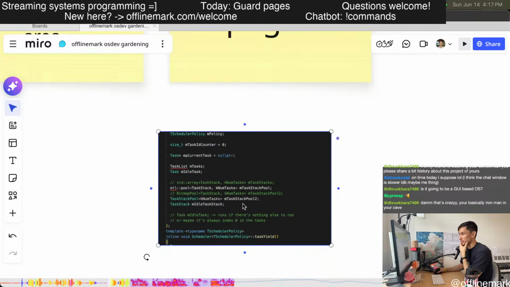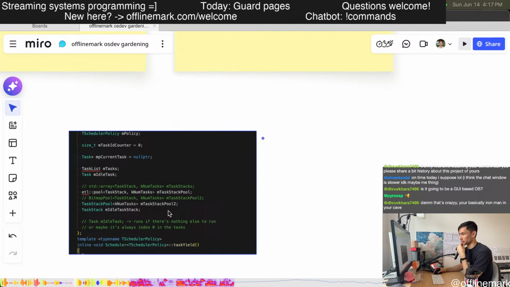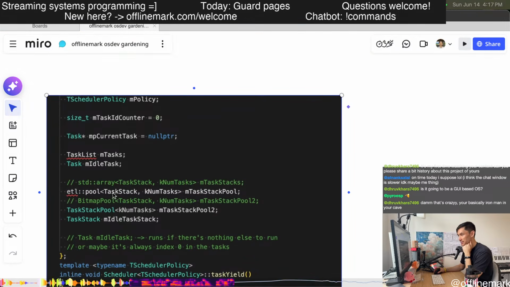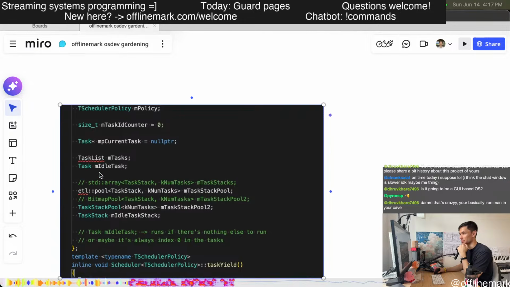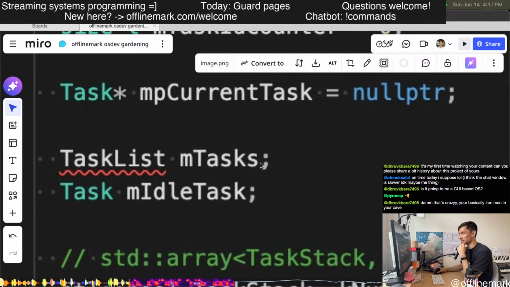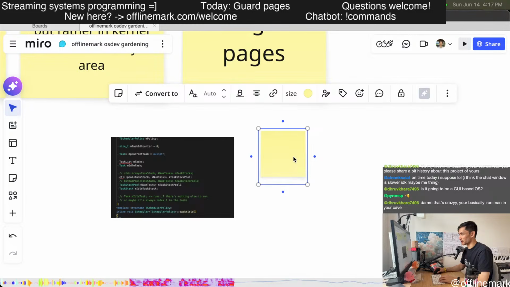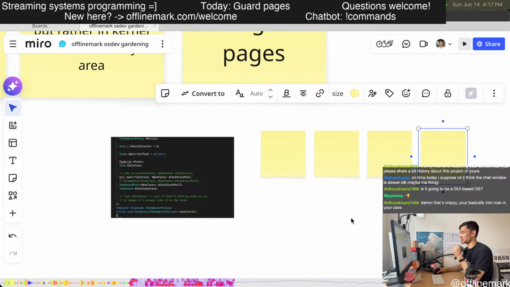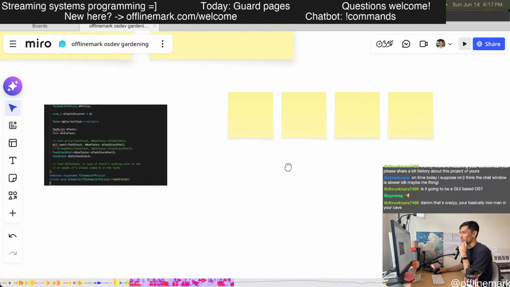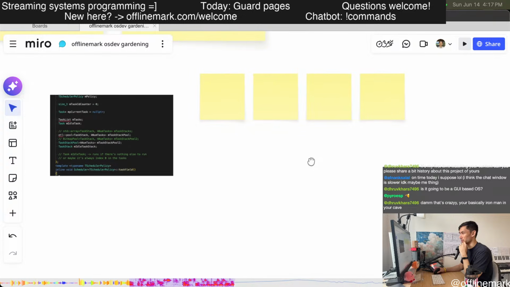To briefly explain the way things work, there are tasks and then there are task stacks. Over here I have a task list of stacks, a container of a fixed number of tasks. Currently it's 4, which is an embarrassingly small number, but the idea is to make that a lot bigger once this works.